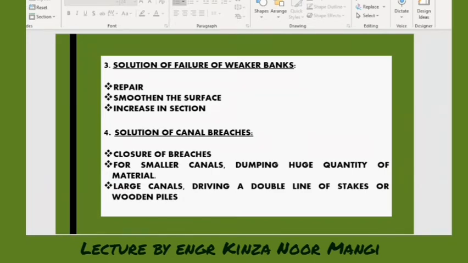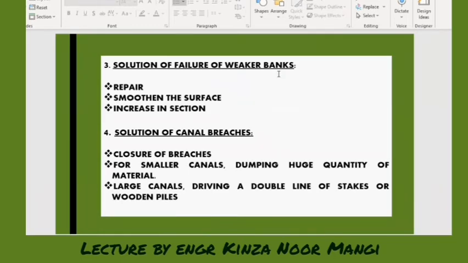So silting itself makes a layer and increases the section. If we make suitable conditions for silting to occur, we can also increase the section. But in case the banks become weaker,